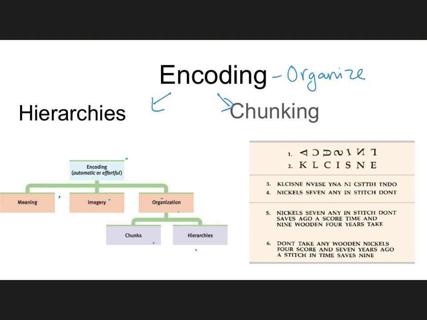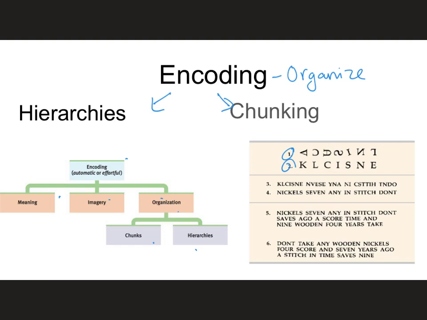There's meaningful imagery and organization. In organization, there are 2 types. This is just a way that we organize information in our brain. Another type is chunking, which is grouping information together. If you take a look at these 2 letters, they don't really make a whole lot of sense. And then if I try to take these letters and put them together with other letters, it still doesn't make sense. And if I take a look at number 5, I take those letters and turn them into words that I understand. Now I understand these words, but